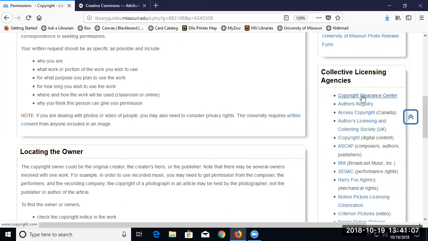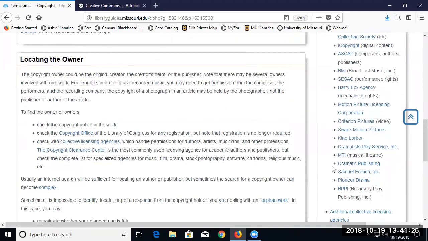That's where we go if we need to get copyright clearance for an interlibrary loaner to put something on reserve. ASCAP and BMI would be the big ones for music, for example. Composers and performers register with them and they pass on the royalties to those people. They manage that whole thing. You can see a lot, particularly for different creative groups, so for drama, film, etc. But we're happy to help you locate where you would need to go to get permissions for things.